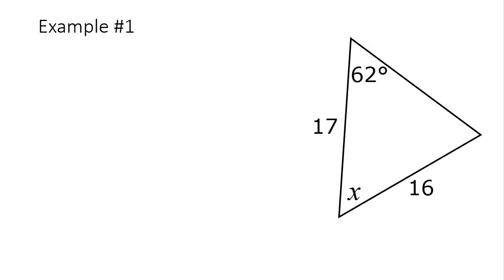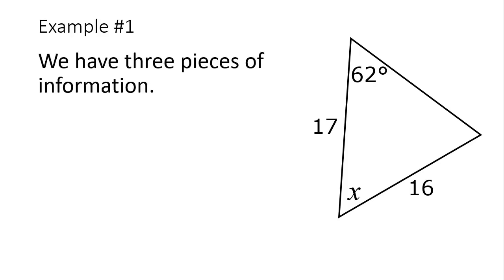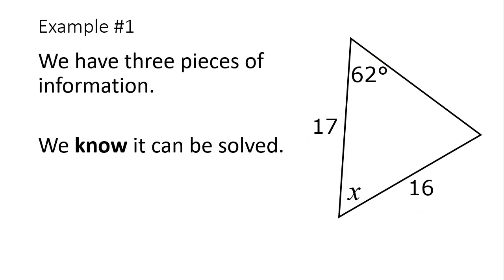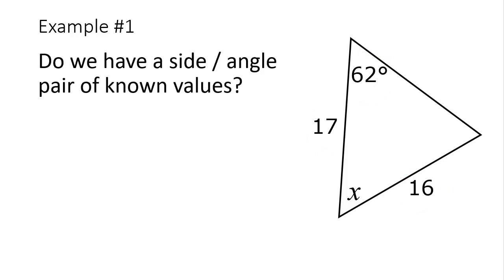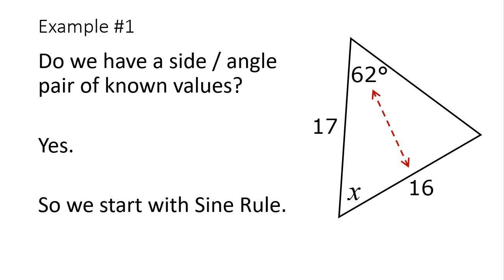So, here's an example. We're asked to find angle X. We have 3 pieces of information. We know we can do it. Just a matter of how. So we look and we have a side angle pair. That means we're going to use the sine rule. There's no choice in the matter, but which version of it? Well,